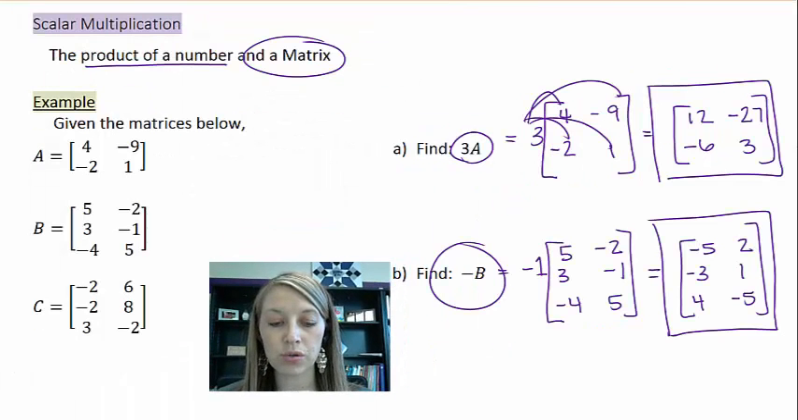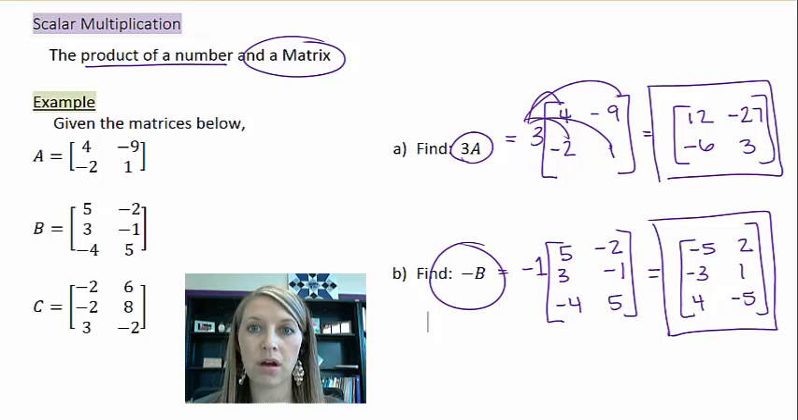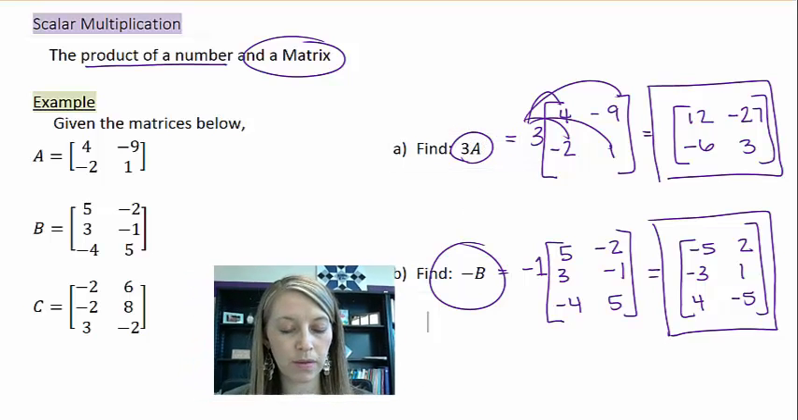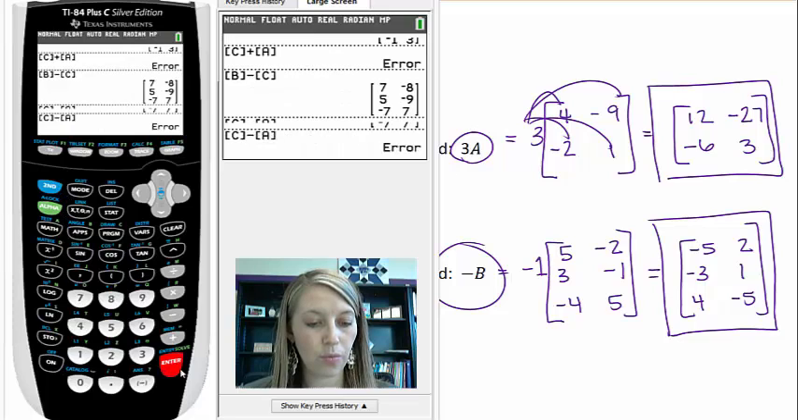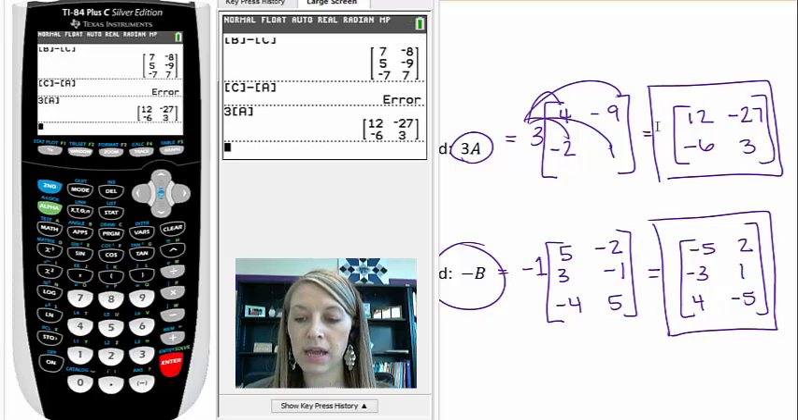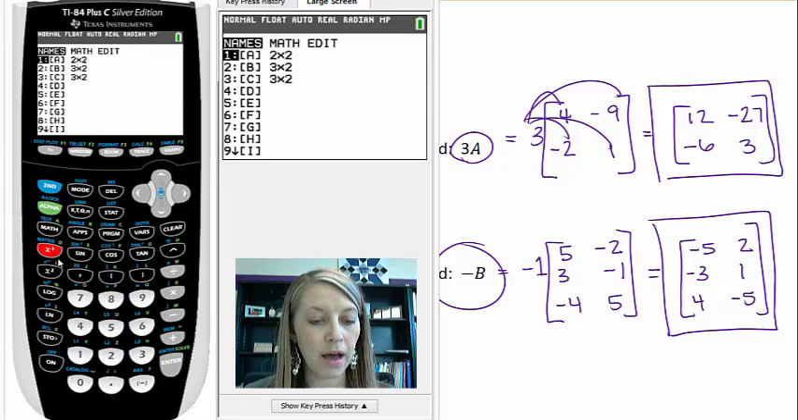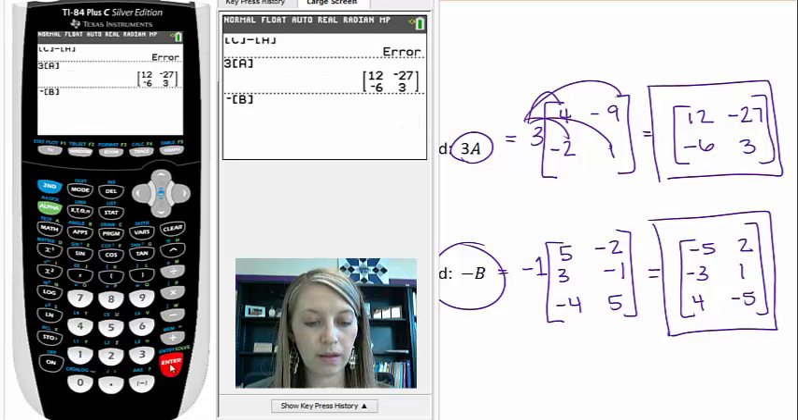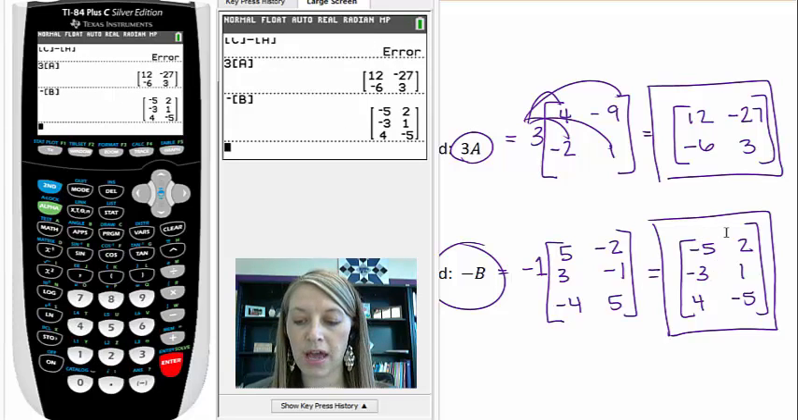Okay, we can also do scalar multiplication on the calculator. And so you just need to input exactly how we see here. So in our first example, we took 3 times matrix A. Well, I just need to put in my scalar of 3 times my matrix of A. And notice I've got the correct answer over here. Or if I wanted to take negative B, so negative times my matrix of B,